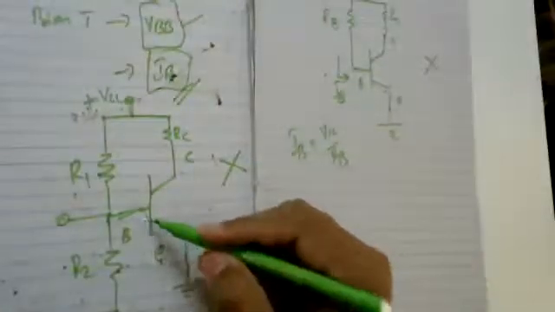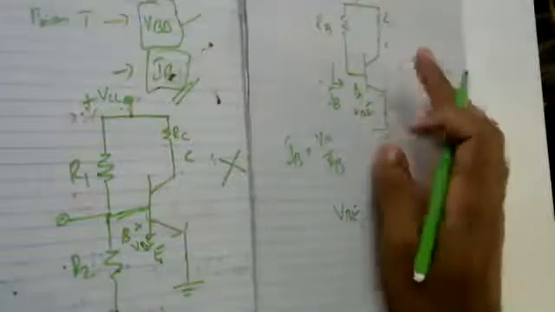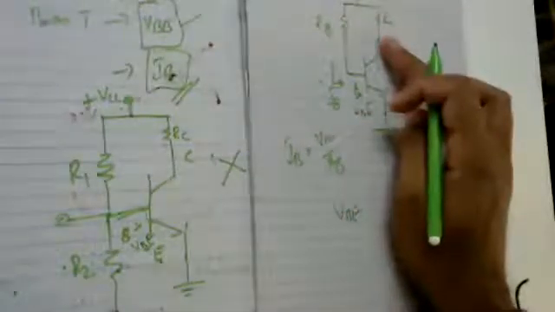schemes, a small variation in VBE, this potential VBE, makes a large variation in your VCE and hence IC. Because VBE is highly dependent on the value of IB, what is going to flow through this. Since IB is sensitive in nature, this complete circuit is completely dependent upon the drop across VBE.